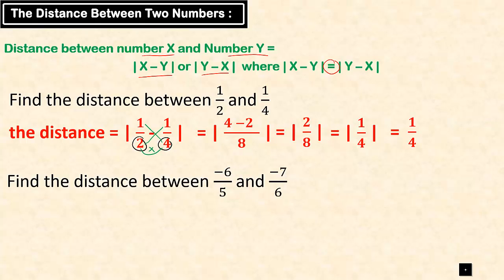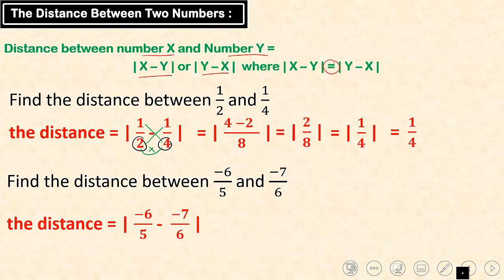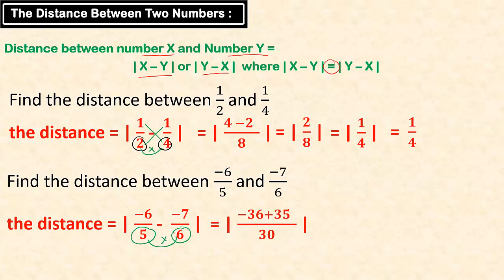Let's go now to have another example. Find the distance between negative 6 over 5 and negative 7 over 6. We said that the distance between any two numbers is simply having the absolute value of the difference between them. So, negative 6 over 5 minus negative 7 over 6. I have here different denominators, so simply 5 times 6, and this is equal to 30, and this is going to be my new denominator, and 6 times negative 6, which is equal to negative 36,